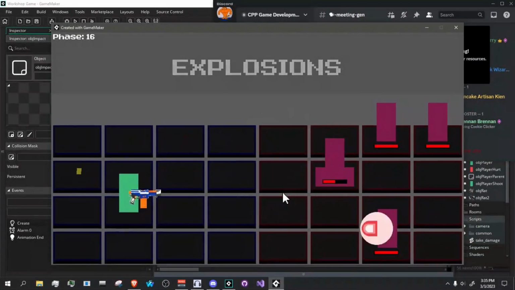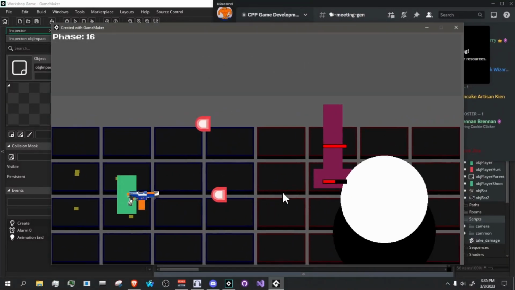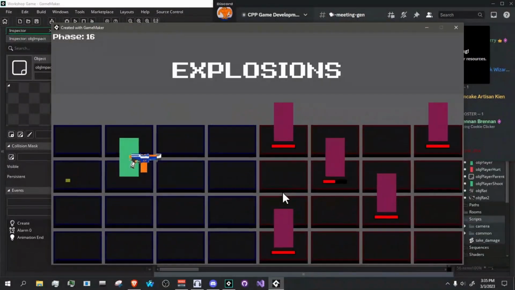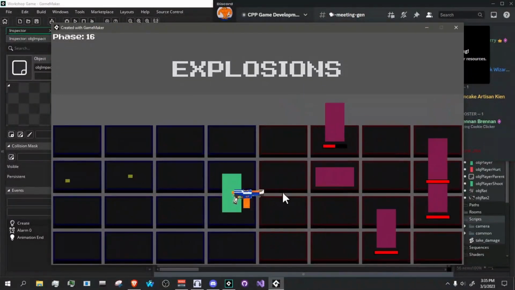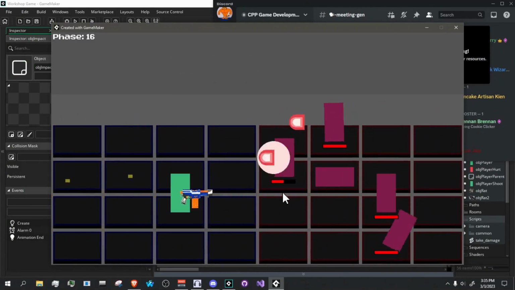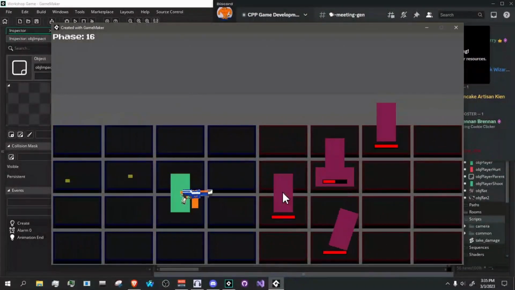Explosions. Oh, just look at that. Oh, that's good. Okay, so this implementation in particular, I chose to have it affect the gameplay, and I'll show you later on a version of this exact same demo